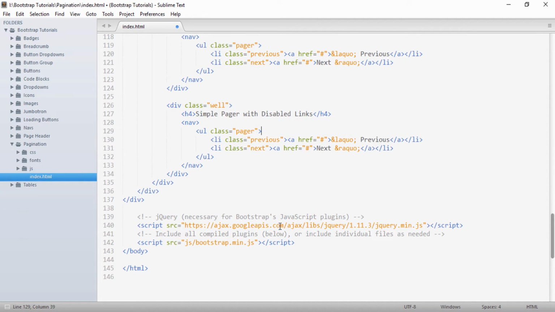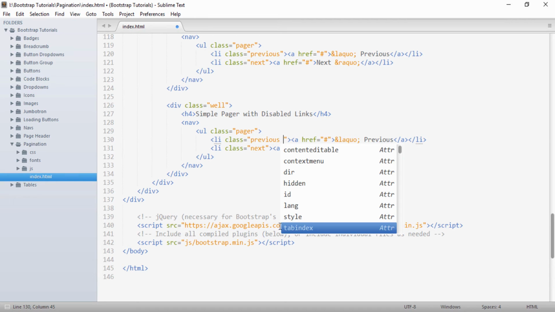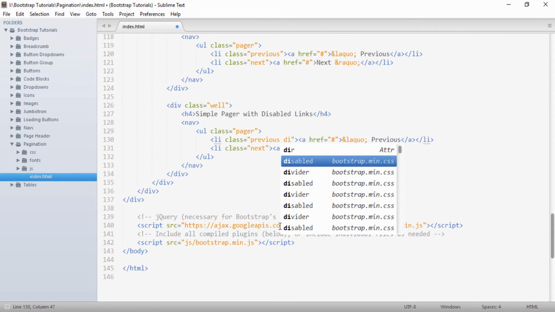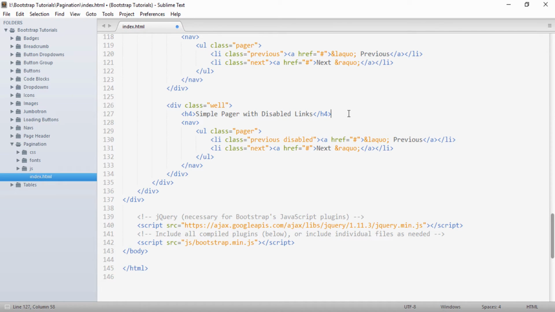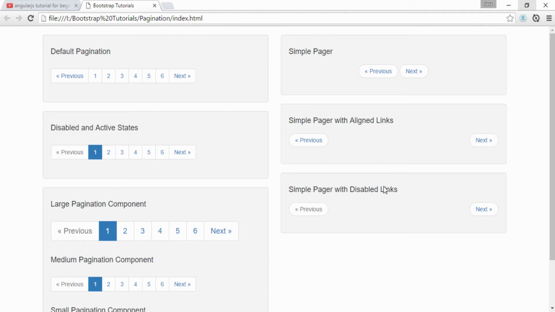The only change I need to make, suppose I want to make this previous link disabled, is to apply a class disabled to it, and that's it. If I save it and go to the browser, you can see this previous link is now disabled.